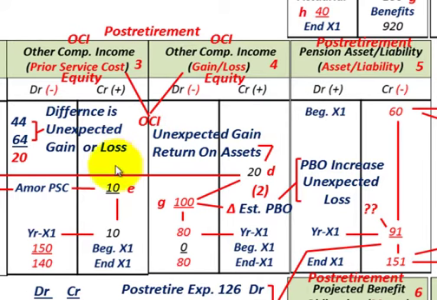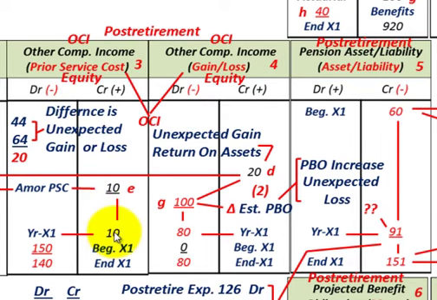we're going to have, looking for our prior service cost here, that's where we, again, for other comprehensive income for the post-retirement, have that amortization of the prior service cost of $10,000. Debit, increased our pension expense for $10,000. So now we're going to credit or increase our other comprehensive income for $10,000. So for our prior service cost for the year, we just had a credit or an increase